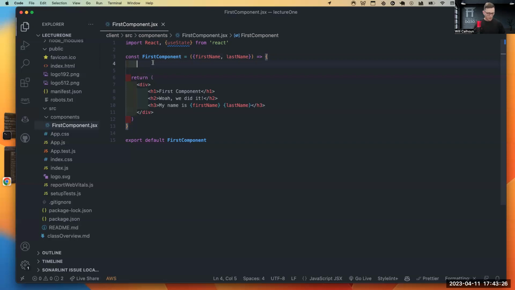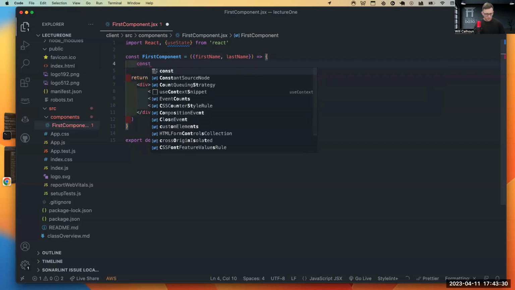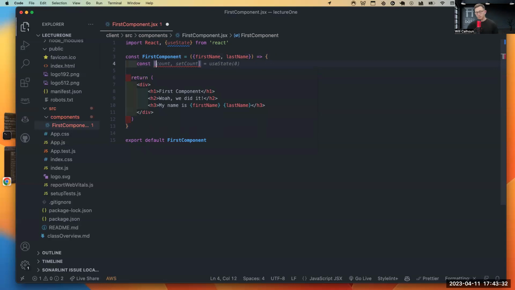So if I want to do some useState, I can say something like const. Now here, I'm going to do this bracket, right? And this bracket is going to give me two things and it's expecting two arguments. First, I'm going to say firstName. And then it's going to have setFirstName. So whatever we do, whatever we name it, right? I'm going to say,